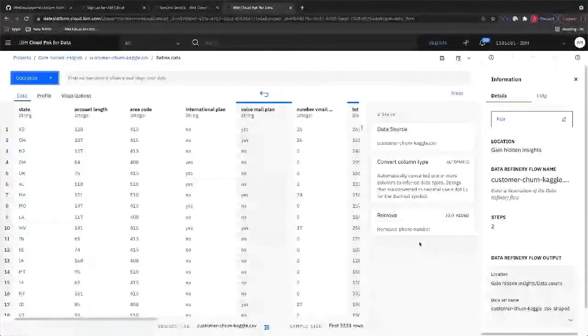Once we click on the save button on top, this is going to save the steps, and in the drop down over here, you can also save and create a job. So let's go ahead and click on that. So if we do save and create a job,